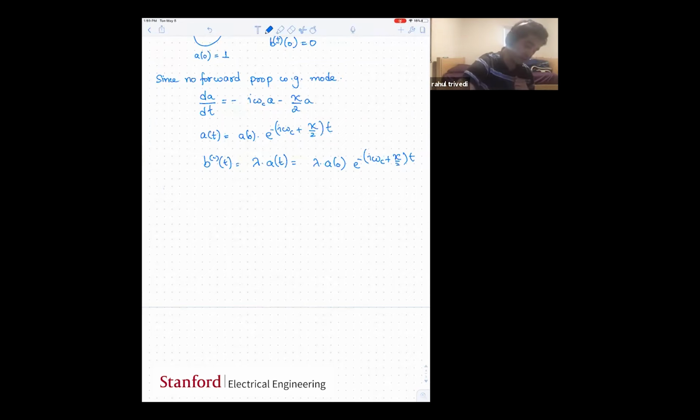So what is the power inside the waveguide at time t? Well, because of our choice of normalization, the power inside the waveguide at time t is just the square of the backward propagating waveguide amplitude. So that is equal to |λ|² times |a_0|² exponential of minus κt, right? And what therefore is the total energy that is emitted into the waveguide? So the total energy inside the waveguide,